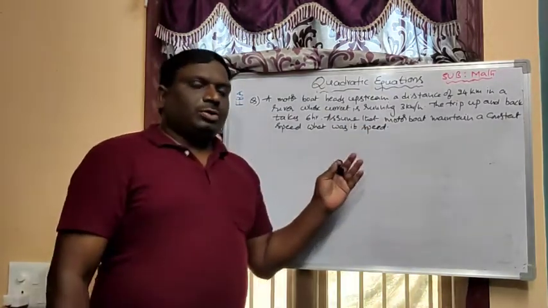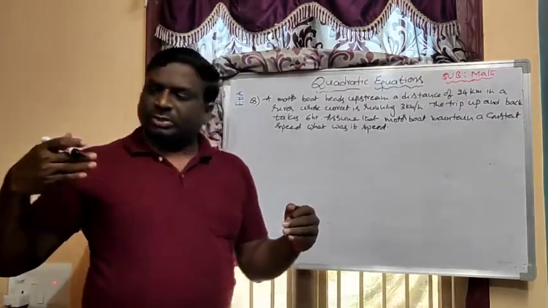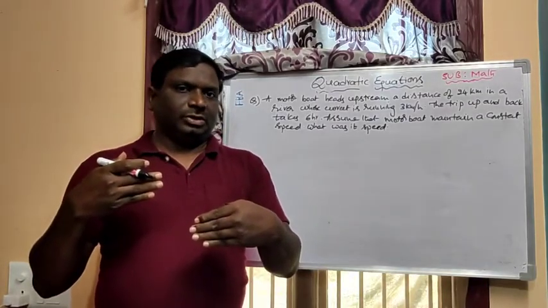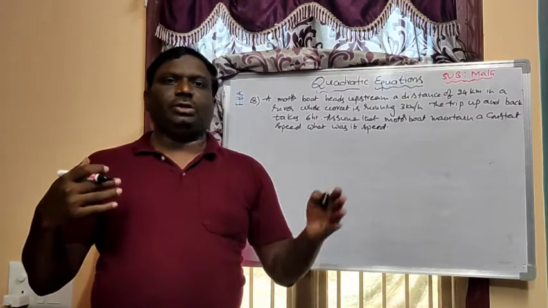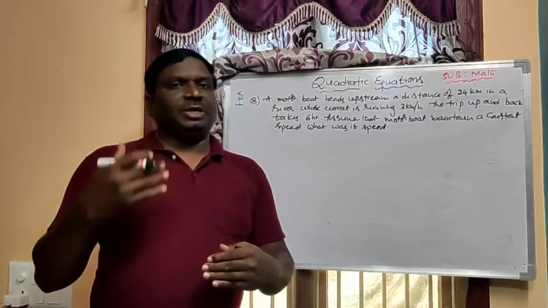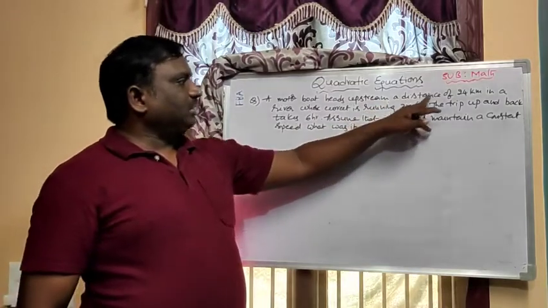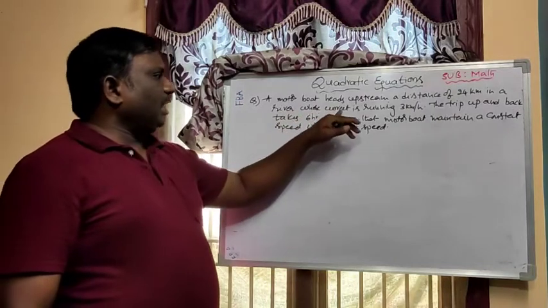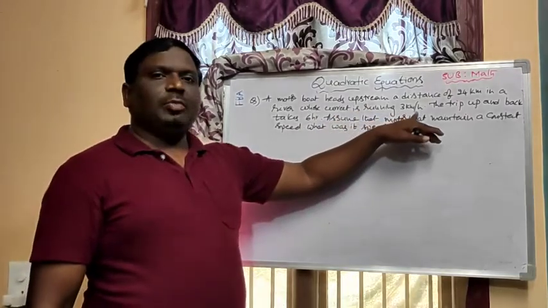So in this type of motorboat questions, when the boat is going upstream, in this direction, and the water is flowing in this direction, we need to take the subtraction. When water and boat both are going in the same direction, we need to add the speed of water and the speed of the boat. Now, a motorboat heads upstream a distance of 24 kilometers. Total distance is 24 kilometers in a river whose current is running. Current means water. Water is running 3 kilometers per hour.